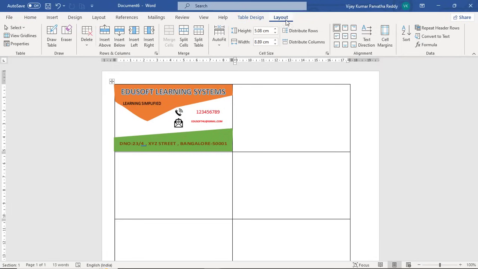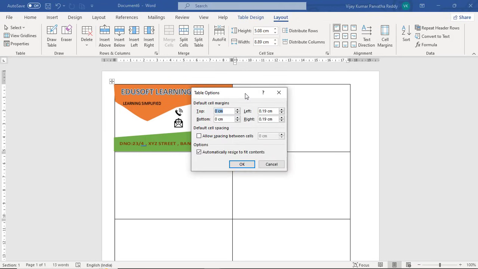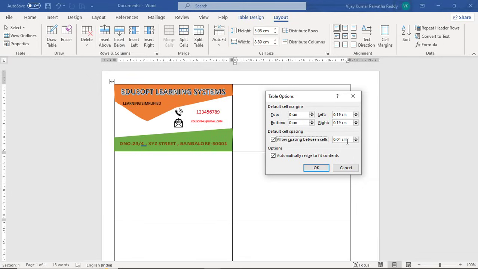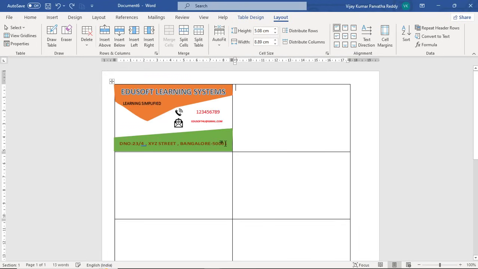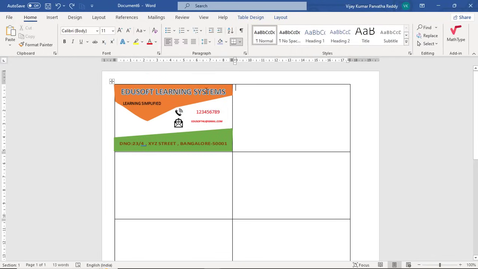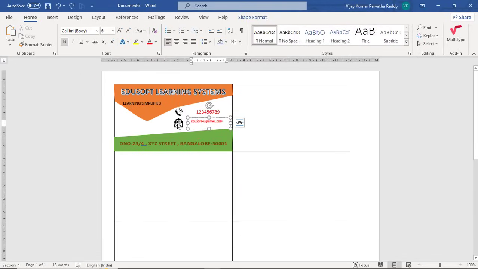Under the Layout tab we can place cell margins. So I can allow space between the cells, suppose 0.5 cm I am giving. See, before drawing only you can adjust the space like that. Okay, I am pressing Ctrl Z. Before drawing you give space like that, if you want to cut these. Otherwise, if you have some extra space here, you leave it as it is. Once the designing is completed, you have to select each and every area of these, and finally copy them and paste them